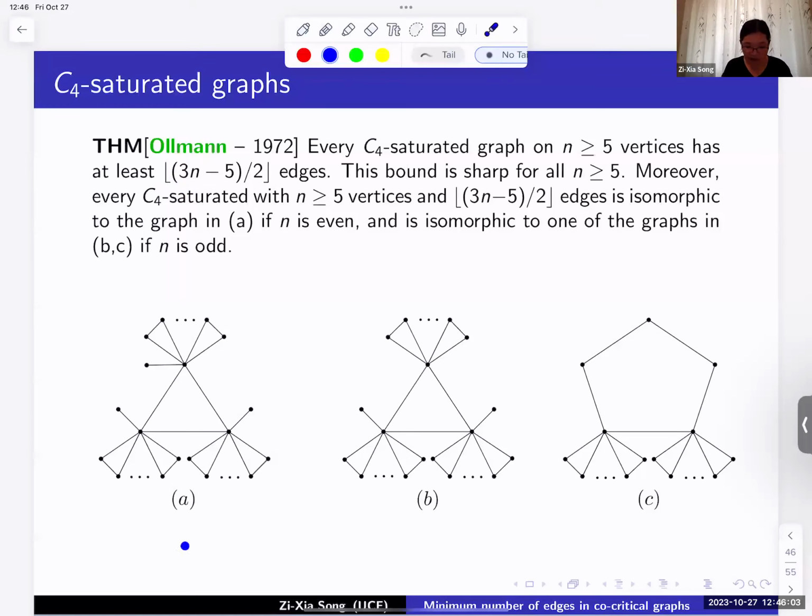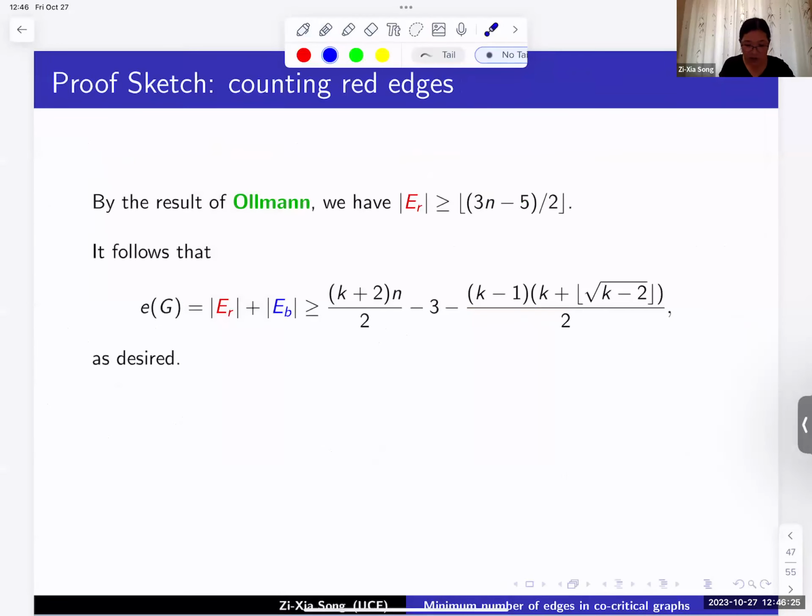And these are the cases when n is even. What does the graph look like? You can attach triangles here. You have a main triangle, and this one must have a vertex of degree 1. This has 2. This structure is important to us because we need it to construct our sharpness, to show the sharpness here. Now with his result, we can prove the minimum number of edges in C4